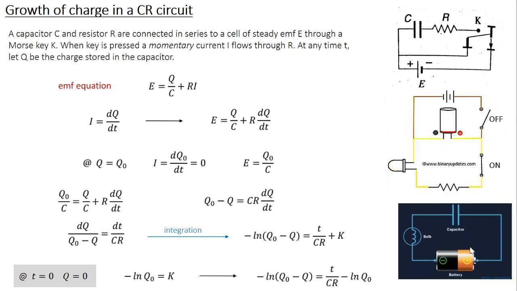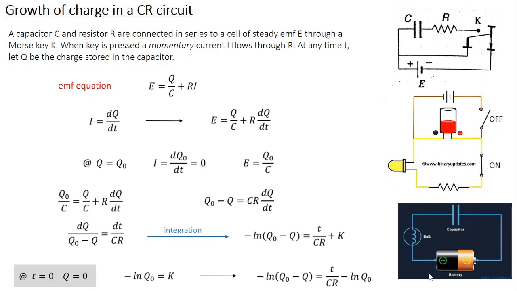I can explain this using an example scenario. Suppose you have a DC battery which is connected to a bulb and a capacitor as shown in this figure. Suppose the capacitor is absent. What happens? Battery drives current through the bulb and the bulb glows. So you have a constant current through the circuit. So there is a constant glow in the bulb. When I introduce the capacitor, now what happens? Battery drives the charges through the bulb. So there is a current, the bulb is glowing, and when the charges reach the capacitor, the capacitor starts to store the charges.